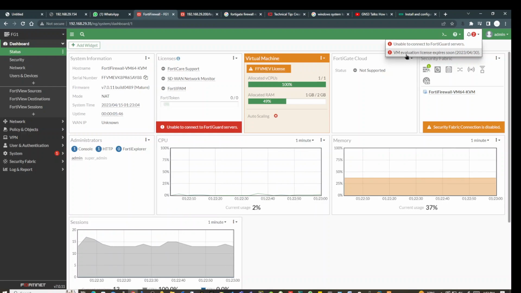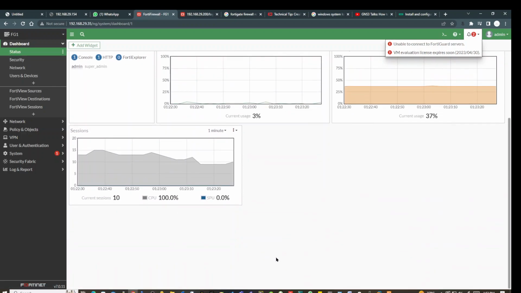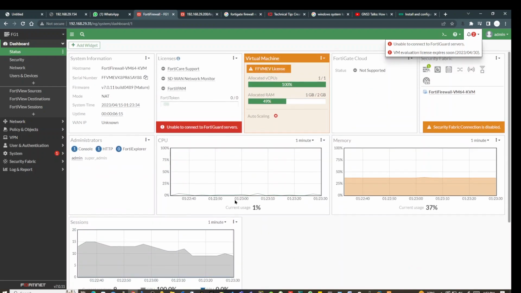If you have an original license for the FortiGate firewall, then you can configure the VDOM configurations. VDOM is enabled through the CLI. Then you can see there are many VDOM names. The first one is root, and then we can create multiple VDOMs under the root. Now we cannot do that here, and you can see how many sessions there are,